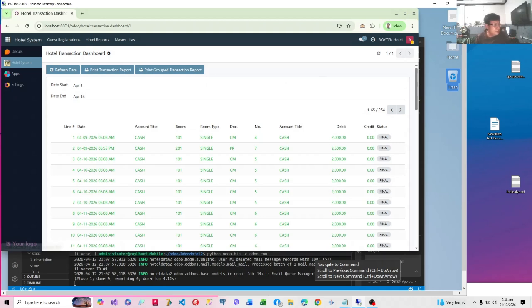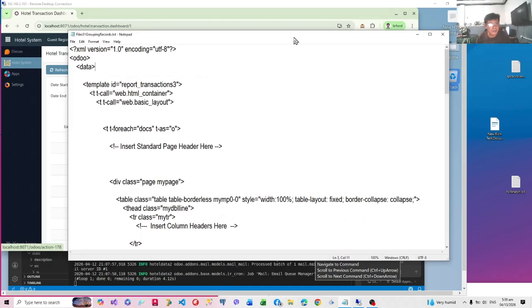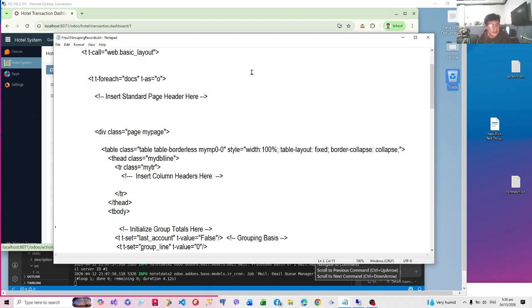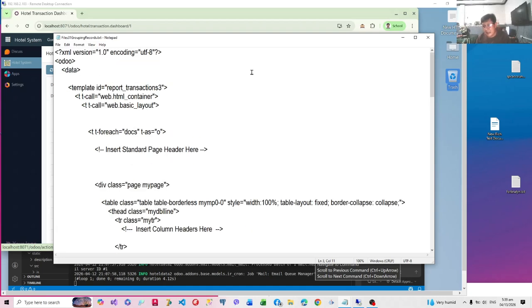So therefore, I'm going to present to you a different template, which I'm going to also present in the GitHub repository below. So this is a template that we use for grouping and creating footers and subtotals for groups. This doesn't limit our page into 65 lines per page. This is also the same format or template that we were using in the original guest bill, especially the single page bill. This is not a single page format. This is a multiple page format that will have a group header and the group footer.